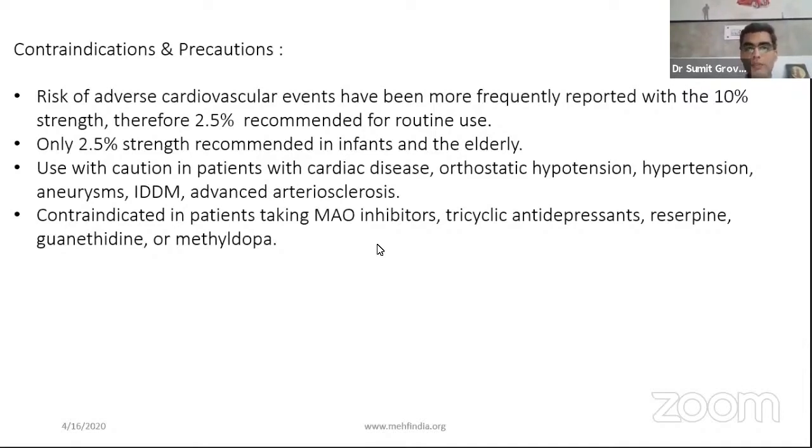Also contraindicated in patients taking MAO inhibitors, tricyclic antidepressants, and drugs like methyldopa, which is commonly used for Parkinson's. So the crux is you always start with a good history, take visual acuity, see the direct and consensual light reflex, document that, then see the anterior chamber depth by the torchlight examination, do the slit examination, see whether